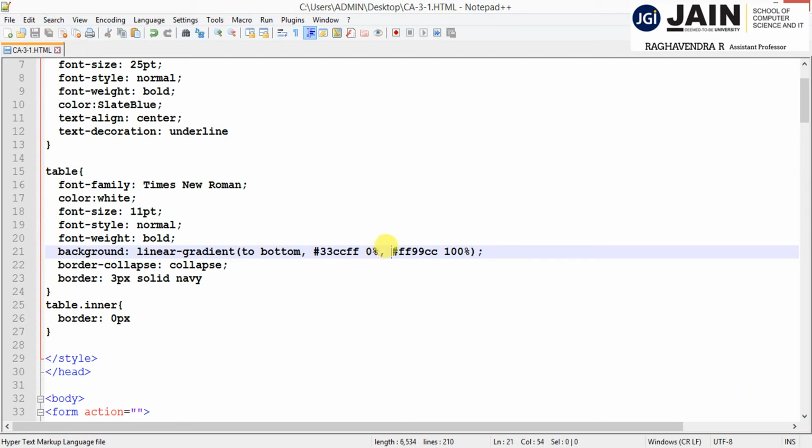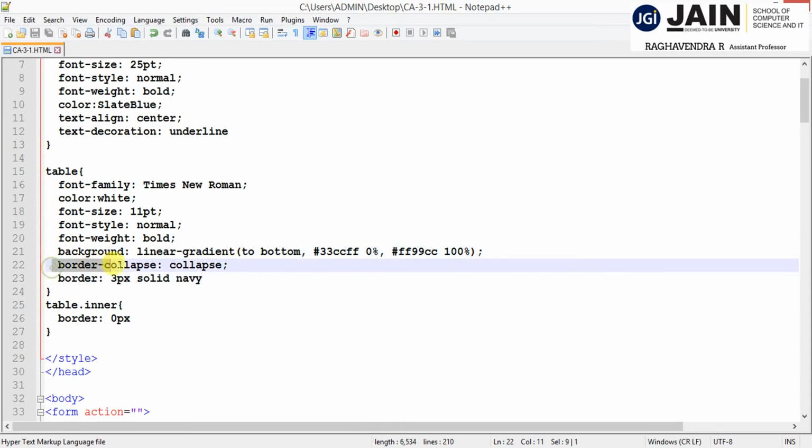Another color I'm taking with 100%. Why 100%? Starting from here to the end of the screen, it has to apply both the colors from here to here. I'm taking only two colors, so now my web page contains a mixture of two colors. For that purpose I'm taking the linear gradient, one of the data types available for multiple colors.